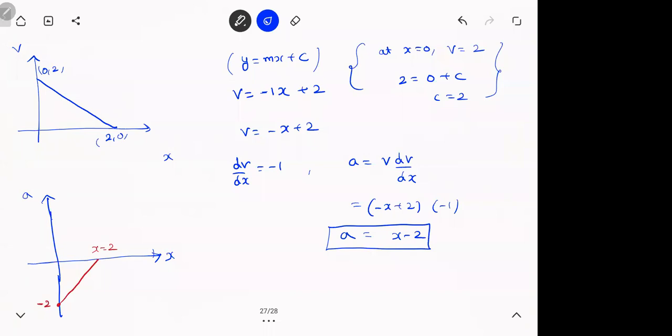How did you get c is equal to 2? Look, the point (0,2), substitute it in this. Getting it? Then you get the point 2, c is 2, the intercept. So I got velocity as a function of x, differentiated and multiplied with the slope, so I got acceleration. Is it fine? Or if you're not happy with that, you can always find the equation of a straight line. V minus V naught is m into x minus x naught. Put V and x in place of y and x. Is this fine, everyone? That is one.